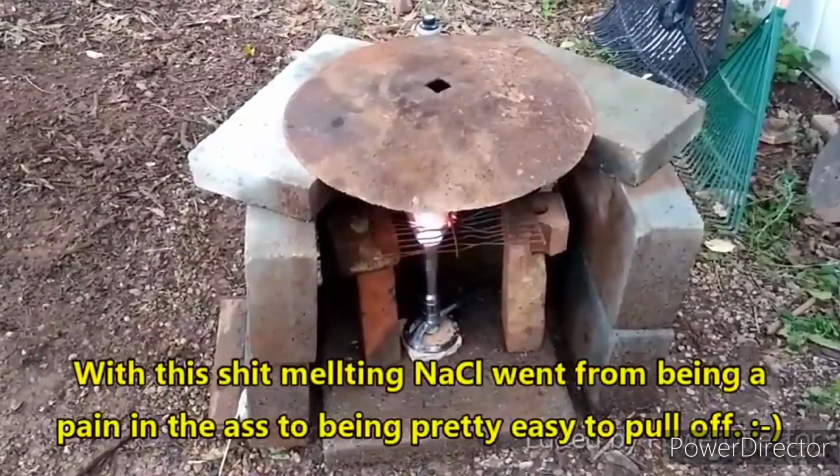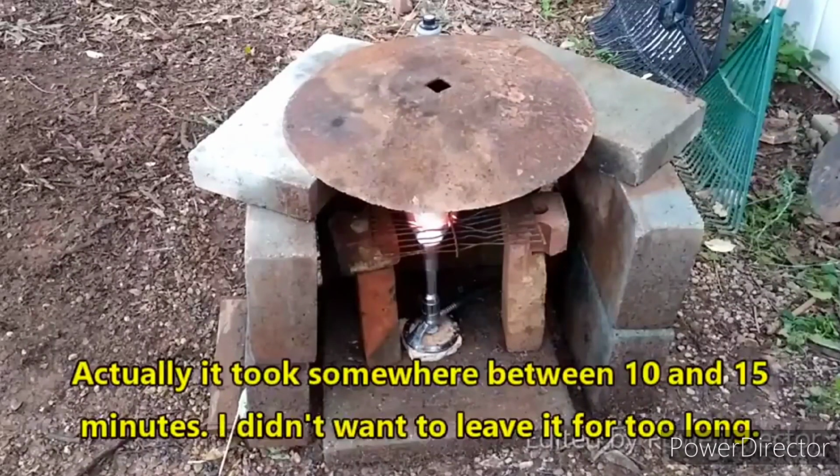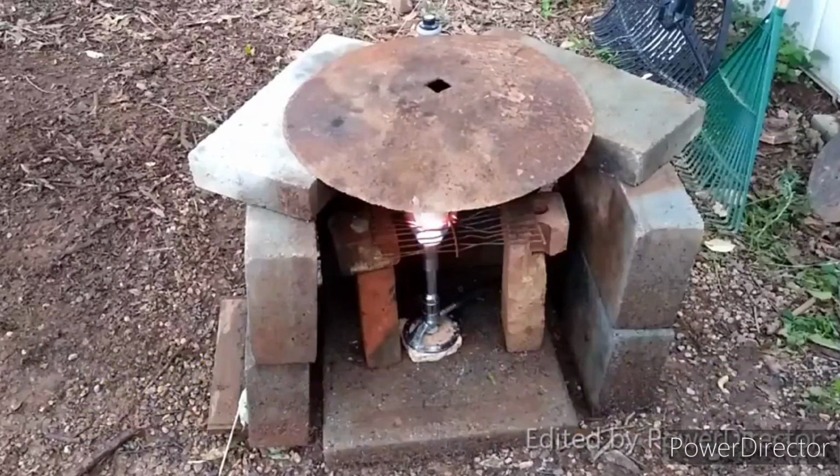So I'm gonna let this heat now for a while. I don't know. We'll let it go for half an hour, I guess. That seems a good, reasonable time. I have no idea what kind of a time frame it takes or how long to do it in. I can't imagine it would take too terribly long, though. So, I don't know. Might be better not to let it go for too long, or we might start getting